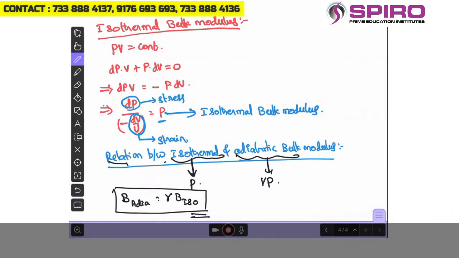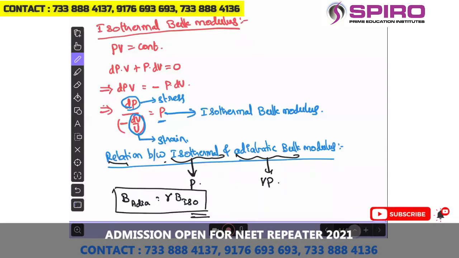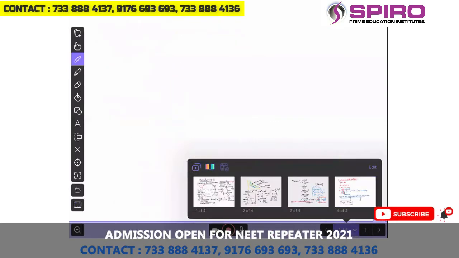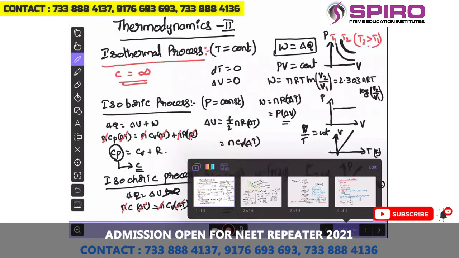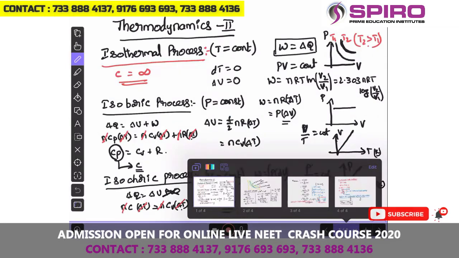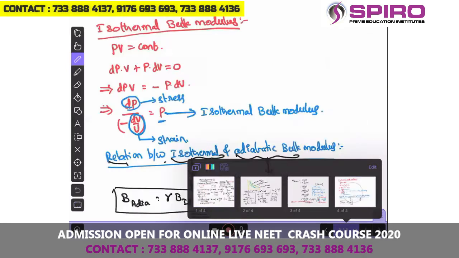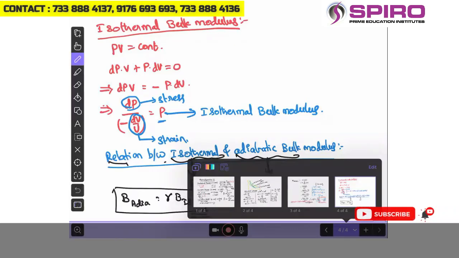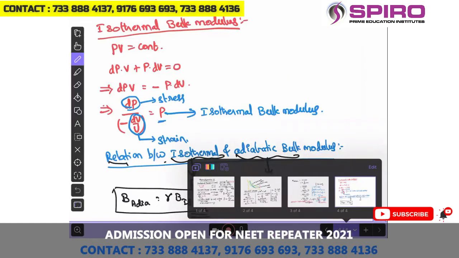Okay, referring to these ideas, let us go for a polytropic process. So far we have seen all these processes. In the isothermal process, temperature will be constant. In an isobaric process, pressure will be constant. In an isochoric process, volume will be constant. And in the case of adiabatic process, delta Q will be 0. Referring to all these, if nothing is kept constant and all the parameters are getting changed, then that process is called polytropic process.